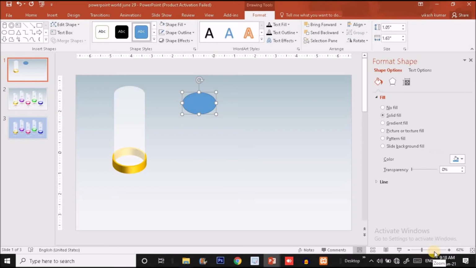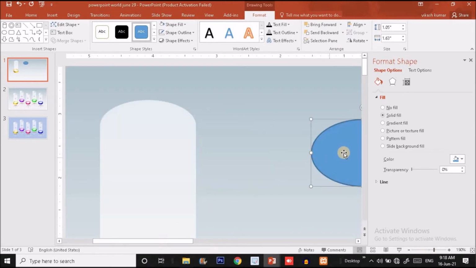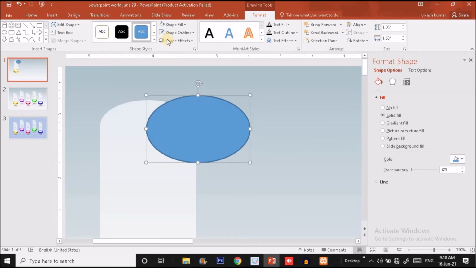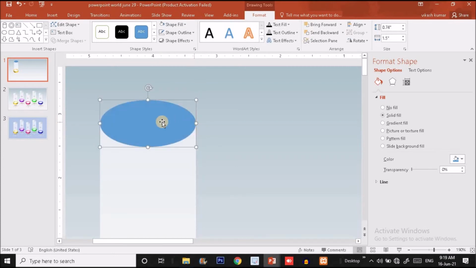Just drag a shape and let me zoom in so that we can see the top of the pillar, and put this shape over here, make it no outline, and put this shape over here. Just drag it to this much, and drag this side to this much, and make it transparent so that you can see the face. Okay.